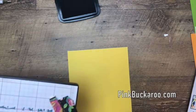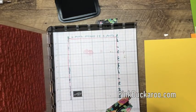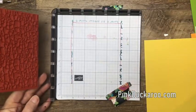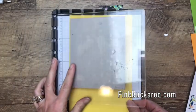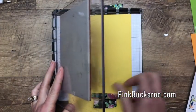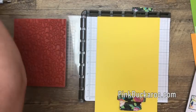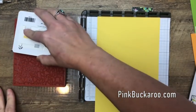Our Crackle Paint background stamp. And this is the Stamparatus. And I highly recommend you use the Stamparatus when you are using background stamps because they help you get a more consistent image when you're stamping with them. Now I'm going to center my paper right there. Set my magnet so you can see I've cut a much bigger piece than I need. I really prefer to do that when I am using a background stamp